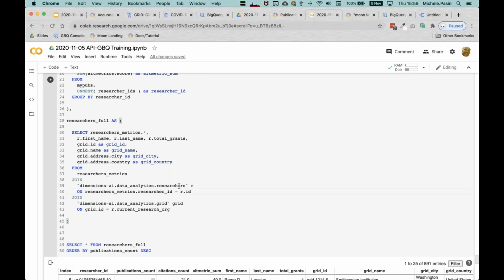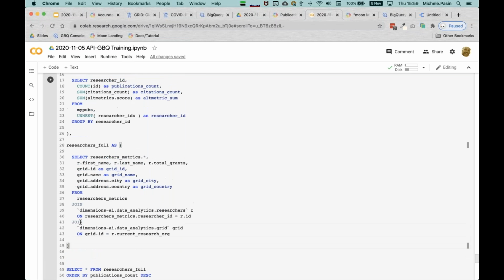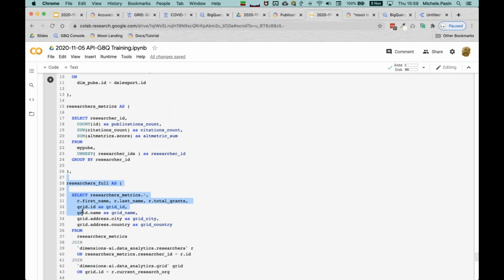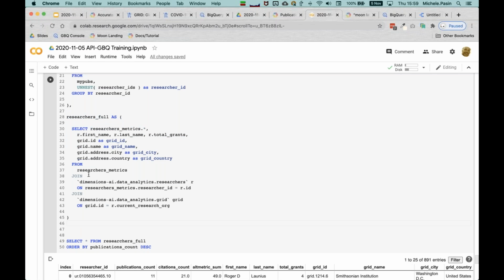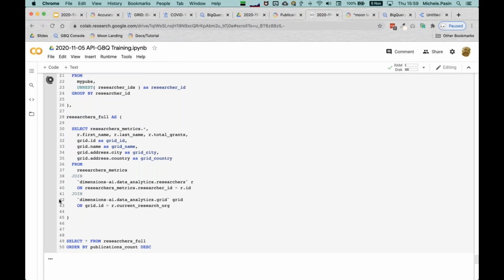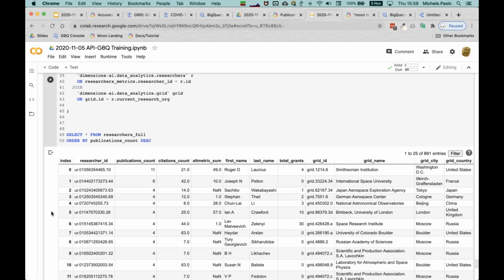The researcher table contains all sorts of information about researchers, like current organization, first name, last name, and so on. And then the grid table, because once I get the grid organization, I want to get information such as city, country, possibly some geolocation information if I want to visualize the data, and so on. So I'm adding here an extra step saying enrich that researchers table with new information, and I'm going to run it now. And as you will see,